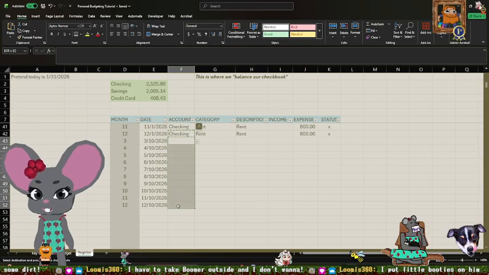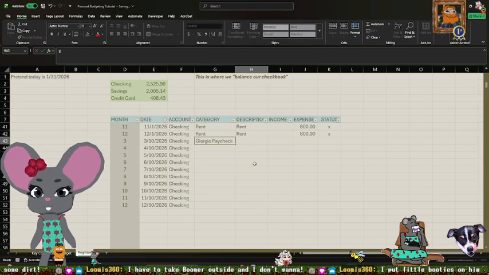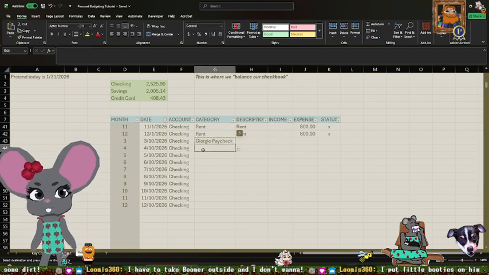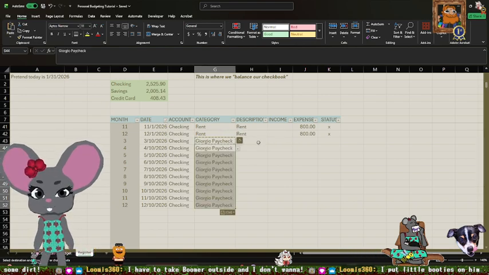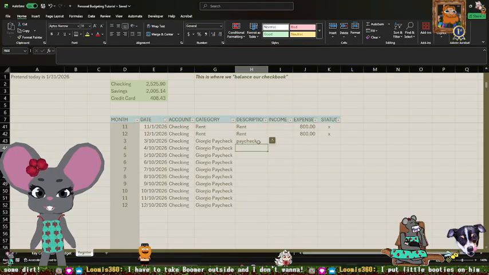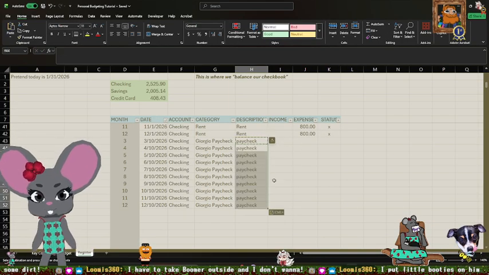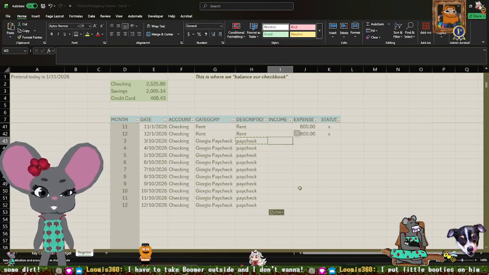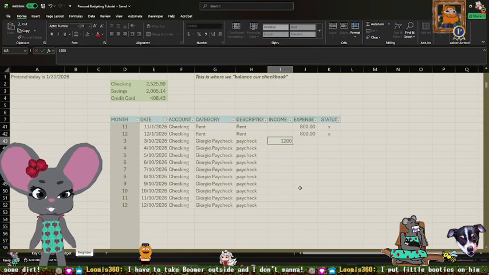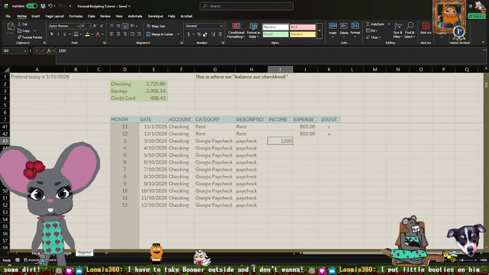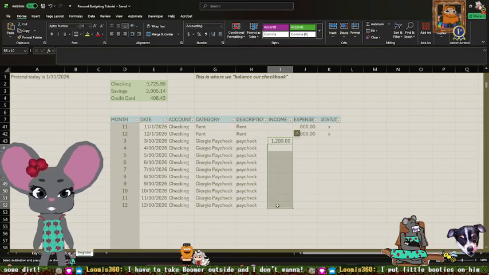We got some formatting issues, so I'm going to double click that to fix that. Going into our checking, this is Giorgio Paycheck. Paycheck. And we're going to estimate that we're going to continue to be paid $1,200.